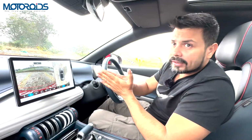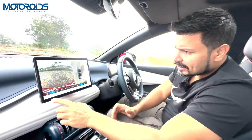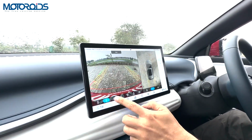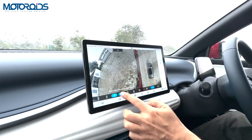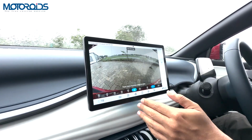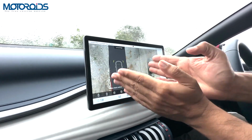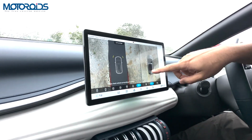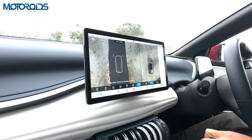Now this 360-degree camera system is one of the best that I've seen anywhere, and you can have a look at the front, at the rear, at the side, on the right side. The front can be seen in a wide angle, the rear can be seen in a wide angle. You can see both the sides with the wheel, and of course you have this 360-degree view right here, and